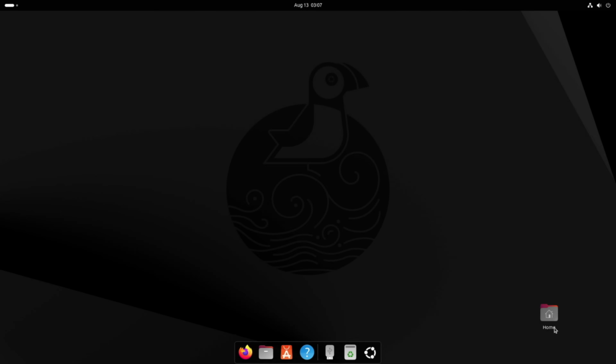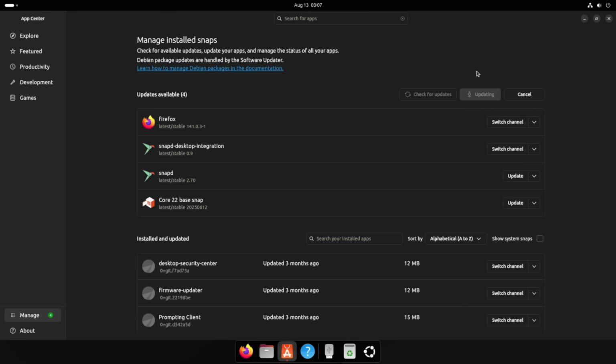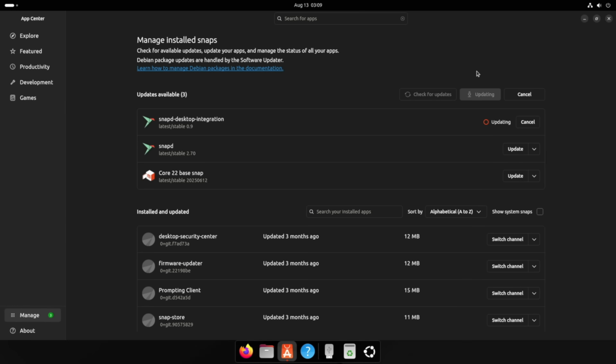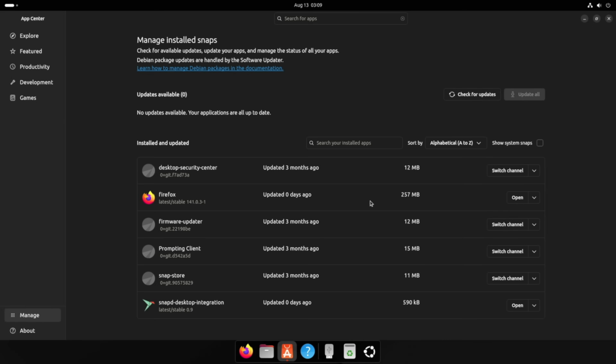So it's time to get Steam installed. We're going to go to the Software Center, and oddly enough, there are more updates here. This is starting to feel a little bit too close to Windows 10 and 11, where there are always endless updates everywhere you look. And when I do these updates, they fail. It's a bit confusing to say these applications can't be updated while I'm using them because I just freshly booted. It must be an update for the store we're currently in then, but you can see how that's another pebble on the road for a beginner, but at least we don't need to restart again.